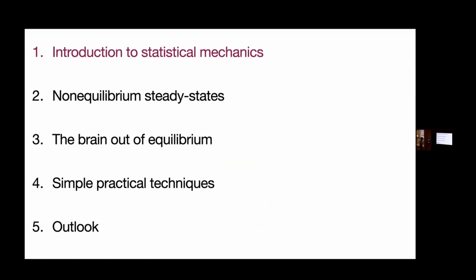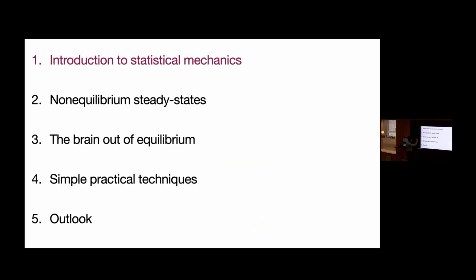Okay, so this is the structure. I'm going to start with an intro to statistical mechanics and why a shift from equilibrium to non-equilibrium statistical mechanics is even relevant. What are the equilibrium assumptions we're currently making in models of the brain? Then I'm going to go through a mathematical introduction to non-equilibrium steady states, some of which we've already seen earlier. A little bit about some of the results we already have, some practical techniques for your own data, and then a bit of an outlook for what we can do next.